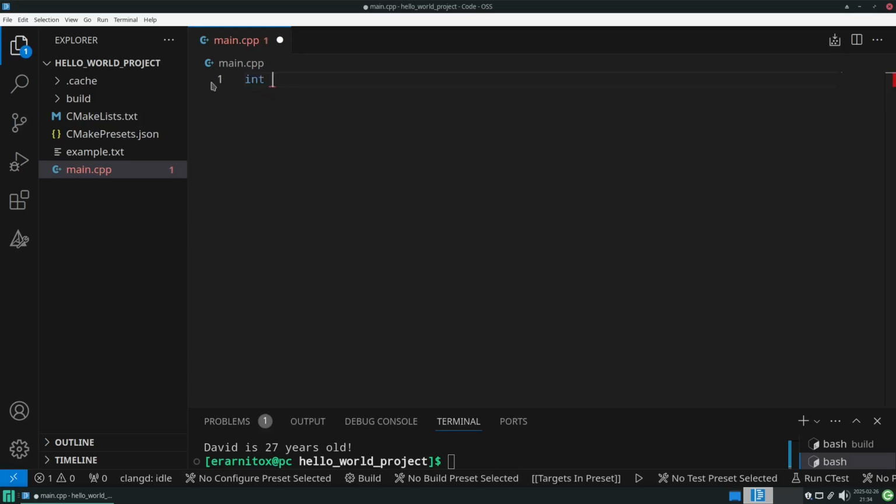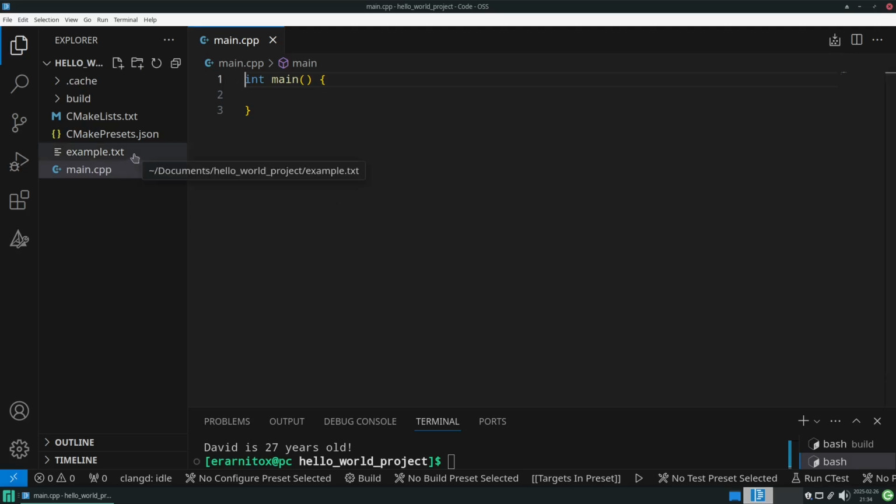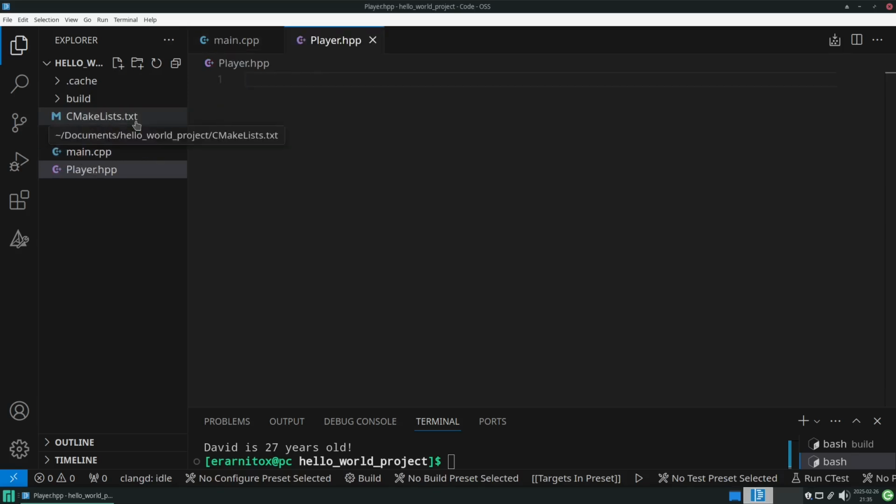We obviously need our main function. And then maybe let's create a very simple game. What we want to do is specify some classes. And for that we need a header file first. And we want to call this player.hpp. And our player